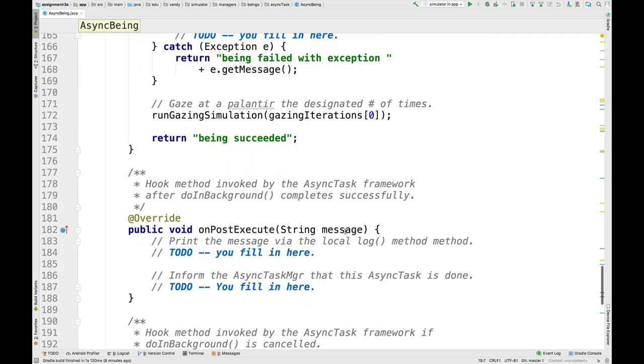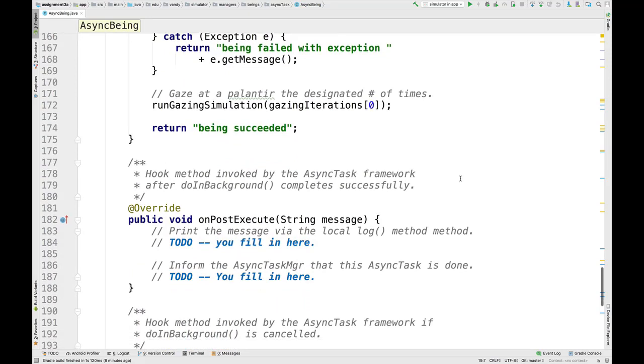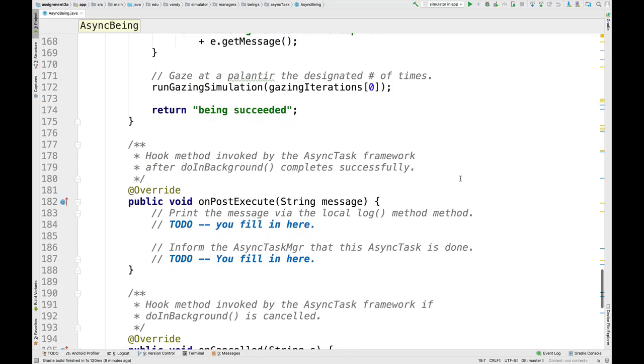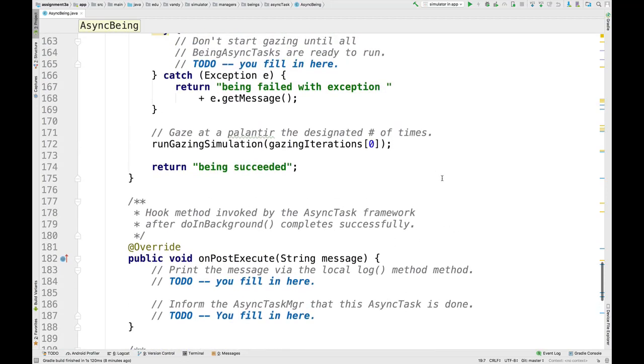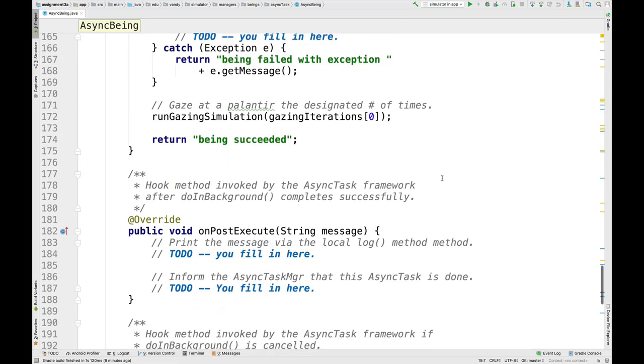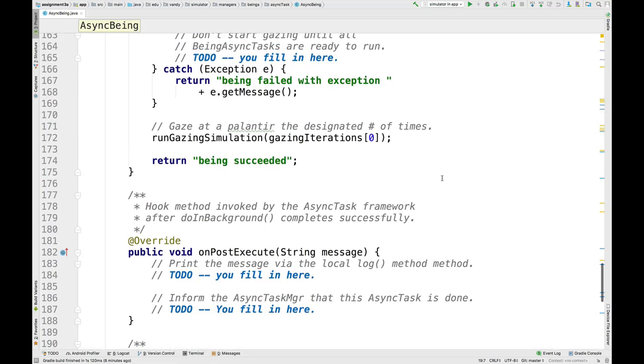When things finish successfully, without exceptions being thrown or cancellations occurring, the onPostExecute method gets called back. This is the hook method that's invoked by the async task framework after the doInBackground hook method completes successfully. If it all goes well, this method gets called back. And of course, going well really means it doesn't get canceled. So if everything works to completion, either by getting an exception or by hitting the end return statement, we're going